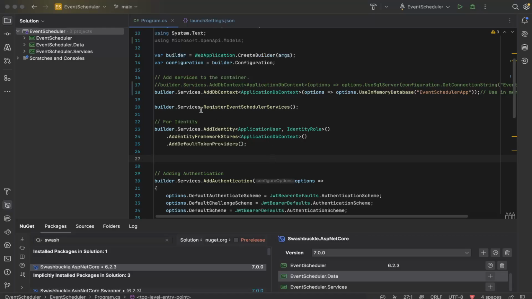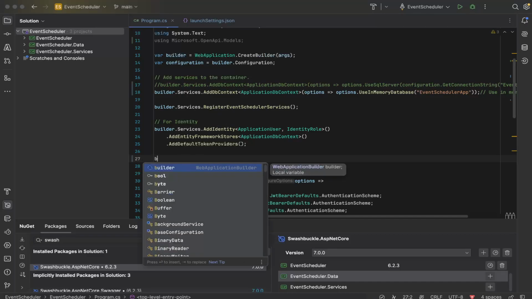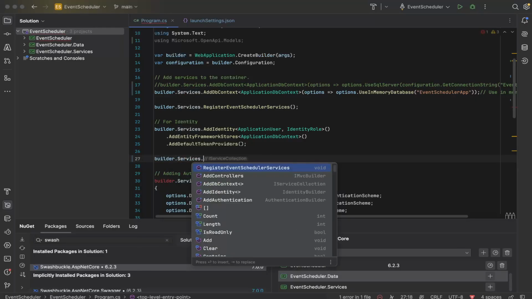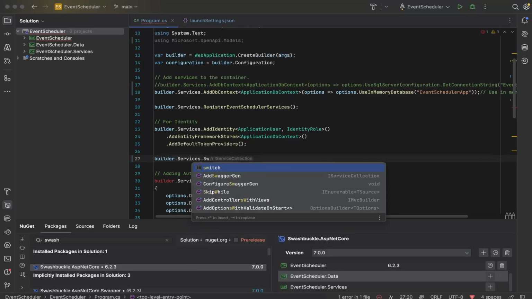After the application build is created, after the DB context is connected, and we have added identity services, we need to add the Swagger UI service and register it. Okay, just search. Okay, see,